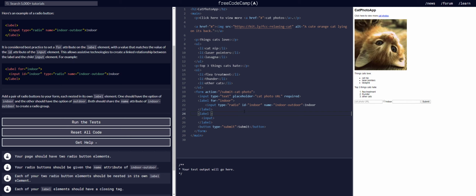Alright, so now let's create another label. This label is for outdoor. Wow, I can't even spell outdoor. I'm so sorry, I'm like one of those weird people that can't spell. And this is going to have an ID of outdoor. And then it's going to have the name of,